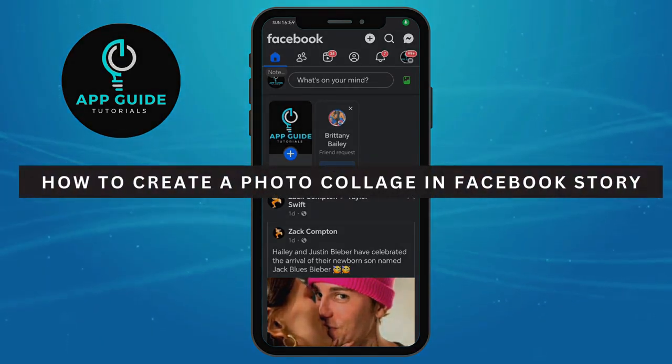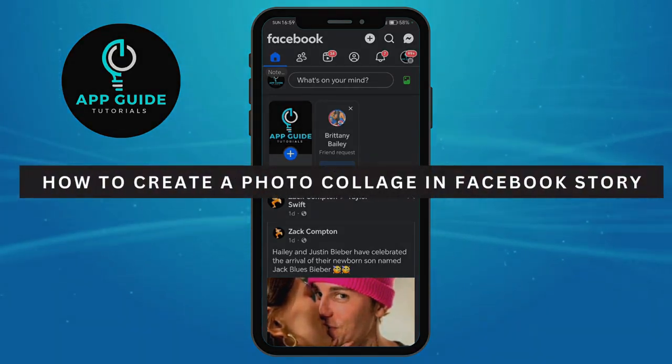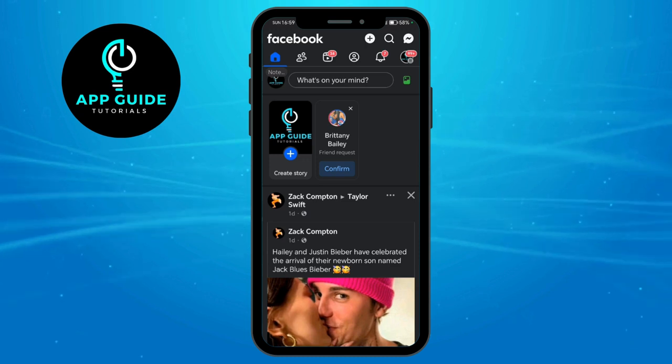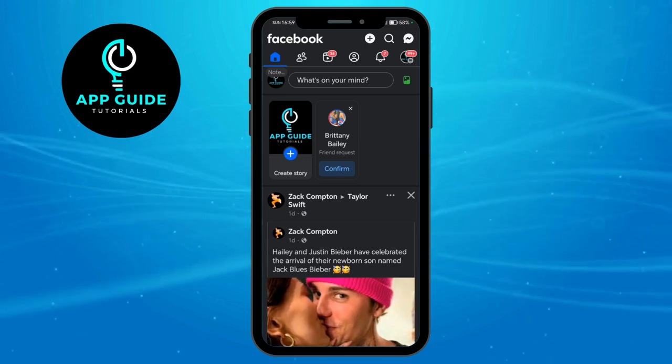How to create a photo collage in a Facebook story. Now, the very first thing we're going to do if we were to create a photo collage consisting of multiple